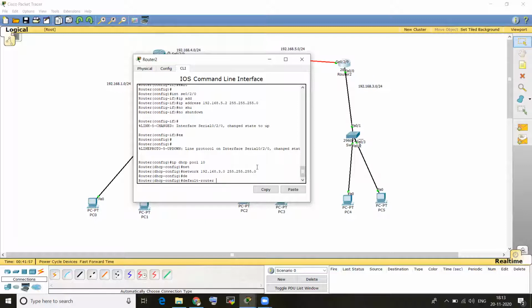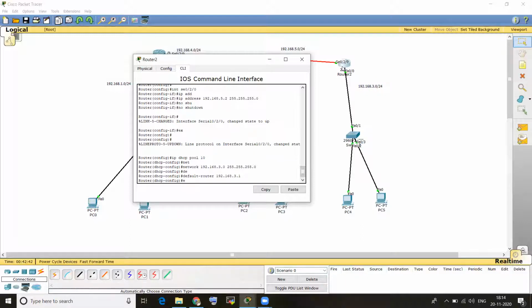The default router we have to take is 192.168.3.1. This network's default router is 192.168.3.1, so that's the one I'm taking.